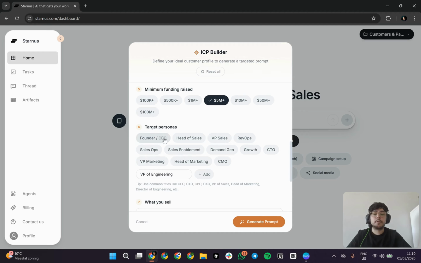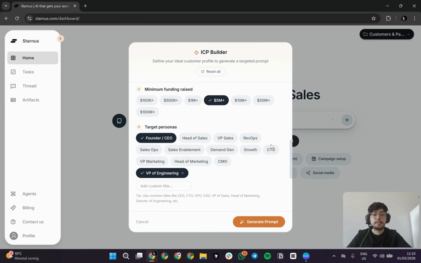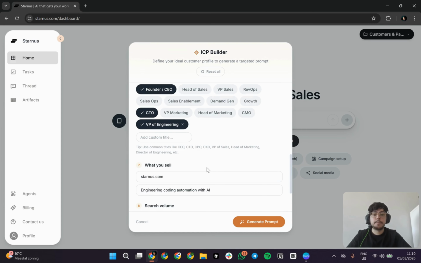And let's say I'm targeting founders, CEOs, VPs of engineering and CTOs, just as an example. You provide some information about your company, because the system will go and find these leads and filter them out, through hundreds or thousands of possibilities, based on what you're selling and what you're targeting. It will score them and filter them out. So it's very important that you provide good information about your solution. Here, it's just an example, so I just provide a few words. But in your case, please go on and provide maybe a few sentences